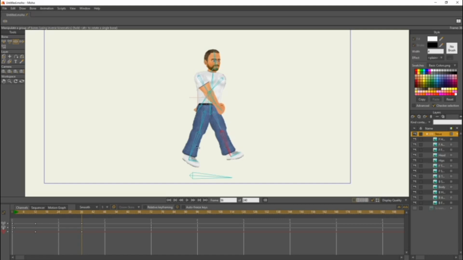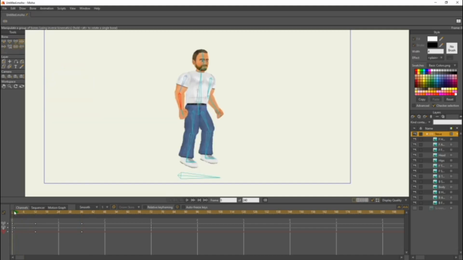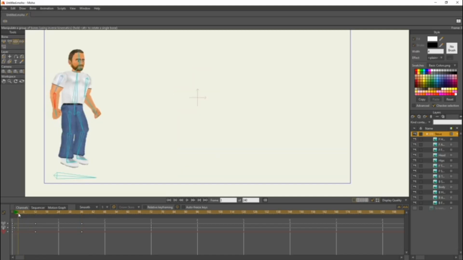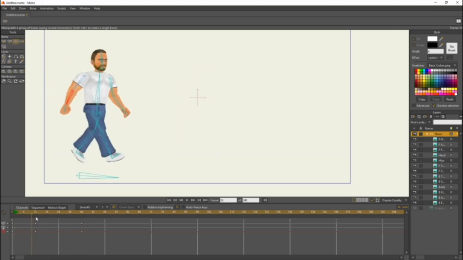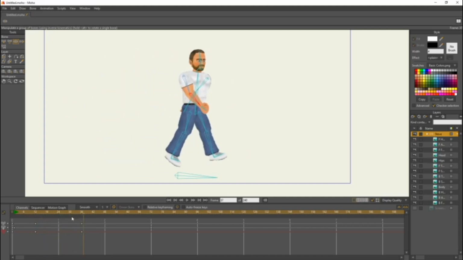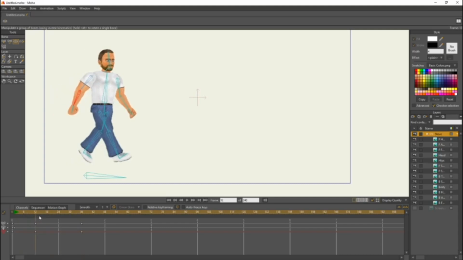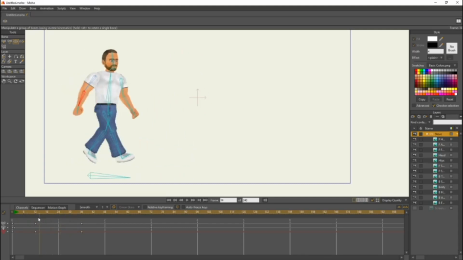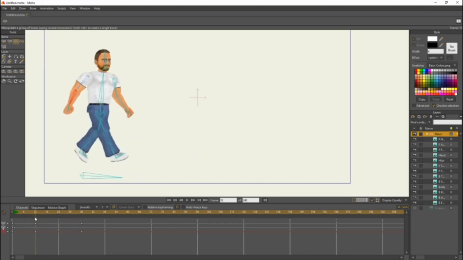We're going to make this look a little bit better. Add a little bit of bend to it if you want. His front arm can be bent a little. And yeah, if you can see, when we come from frame 1 and go all the way to frame 36, you can see he's kind of moving a little bit. You see? It looks like he's walking almost. But we're going to make this look a little bit better.